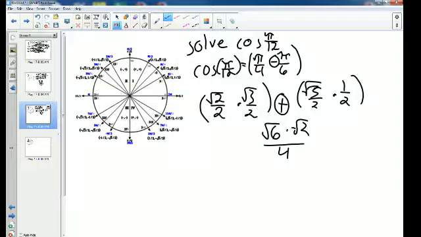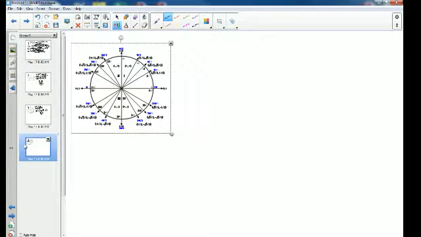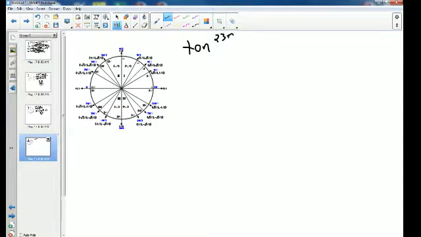Okay. One more notch up is the tangent problem. Dun, dun, dun. Oops. Yeah, there we go. Okay, for the tangent, let's find the tangent of 23 pi over 12. Yeah, I know, that's even uglier. But you're going to be able to find radians that equal 23 pi over 12 using the same process we did last time. For this one, you'll find pi over 4, our lovely friend,